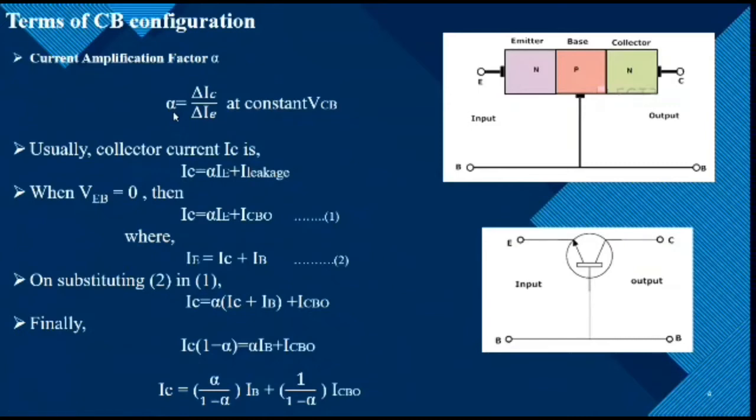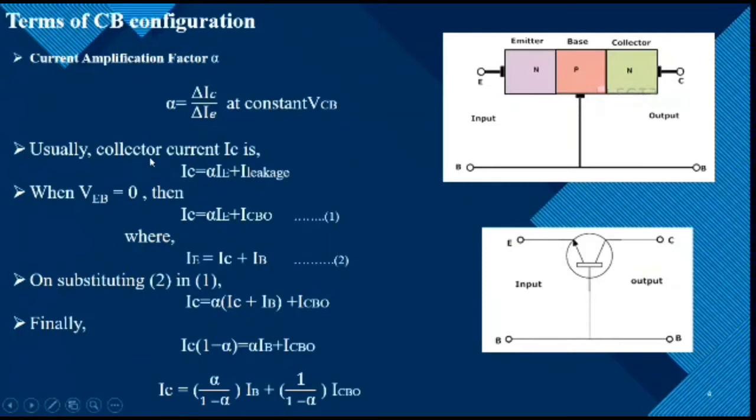Along with the emitter current flowing, there is some amount of base current which flows through the base terminal due to electron-hole recombination. As collector base junction is reverse biased, there is another current which flows due to minority charge carriers. This is called the leakage current, which can be denoted as I leakage. This is due to the minority charge carriers and hence it is very small.